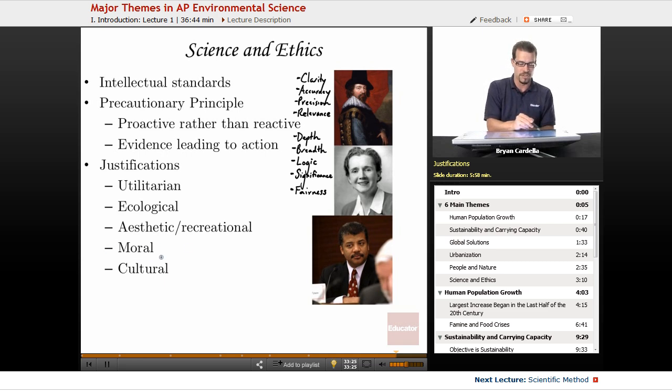Moral justifications. Wrecking the environment impacts us in terms of our future generations being able to survive and rely on the earth in a responsible way. We're making it harder and harder for that to exist in the future. But there are also moral justifications in terms of thinking about other animals and other organisms, that they have sort of